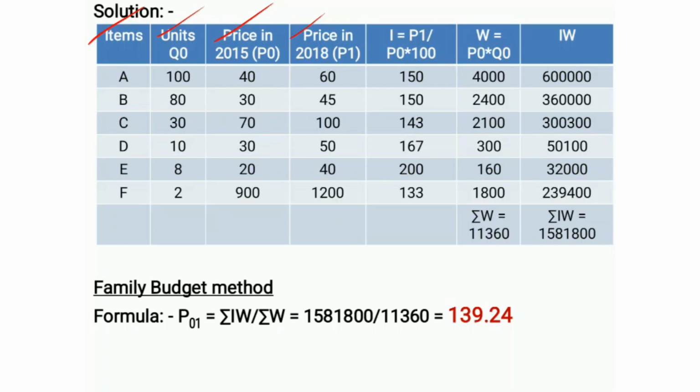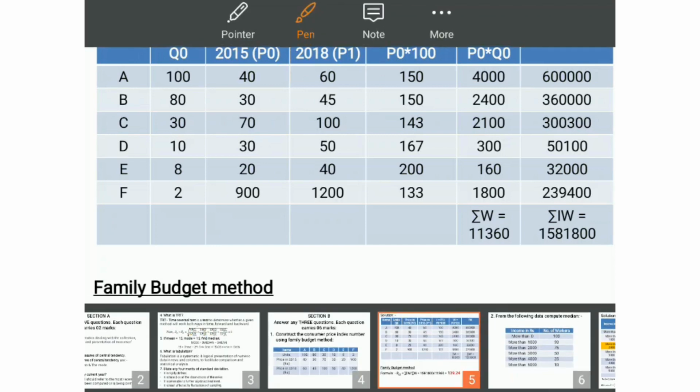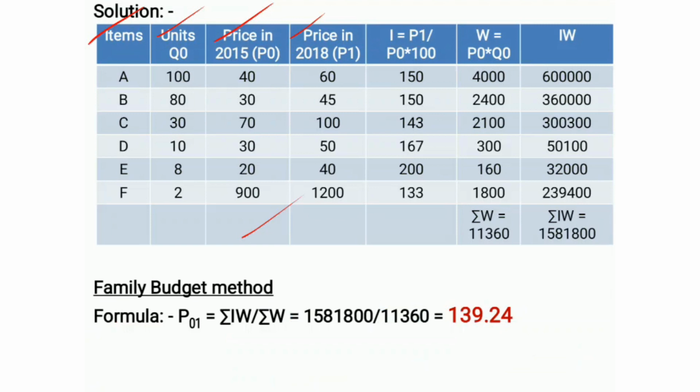Let me give you the clarification between base year and current year. Base year is the year of comparison. It will usually be the last or the previous year for the base comparison. Current year will be the year of the latest period for calculation purpose. For example, if it is 2010 and 2020, current year will be 2020 and base year will be 2010. Whichever we are comparing, the previous one will be the base year, and the present one will be the current year.